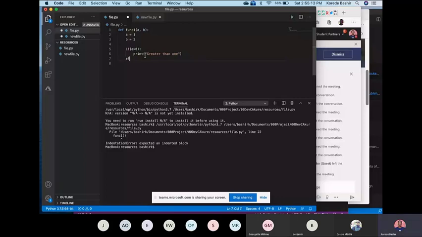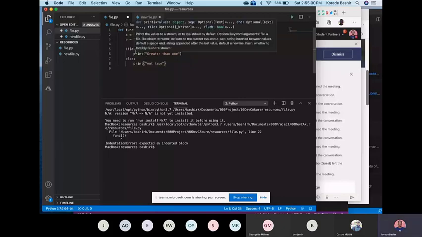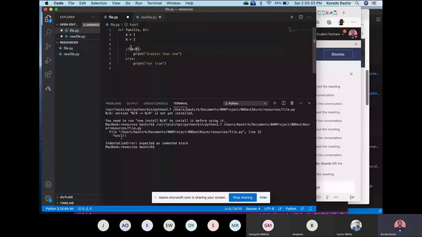So for else, you do else, then print something else. So print not true. So if this here is less than 0, which isn't true, then just this line will get displayed. So if this here is not less than 0, this would get skipped and this here would get printed. But in some cases where a is equal to 0,